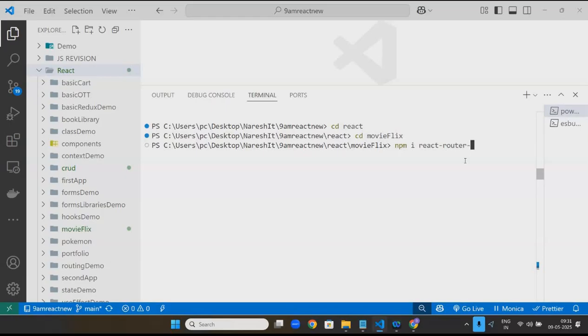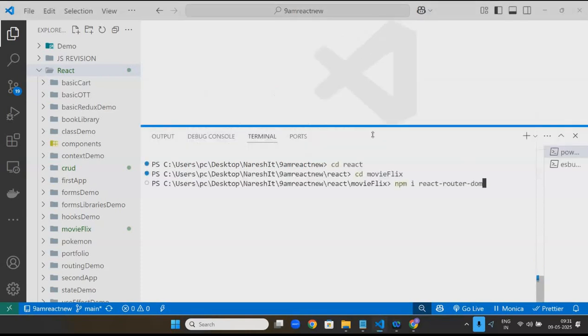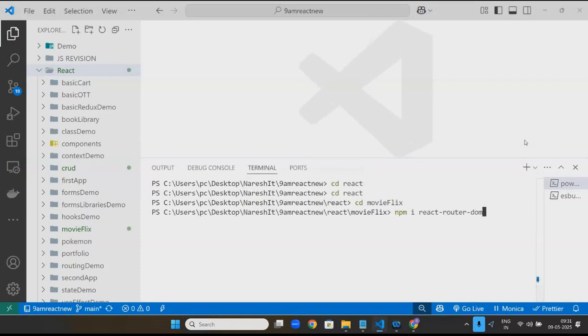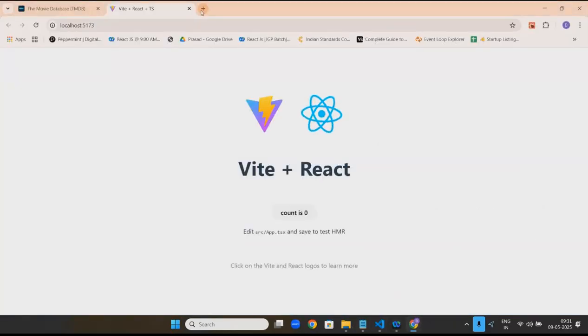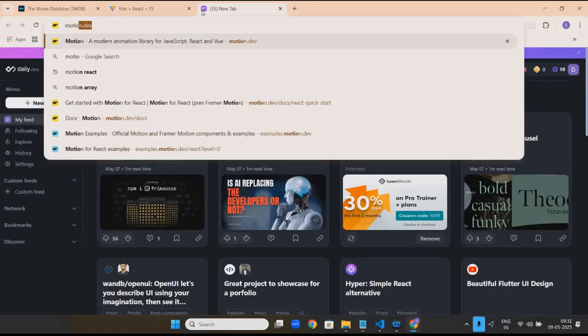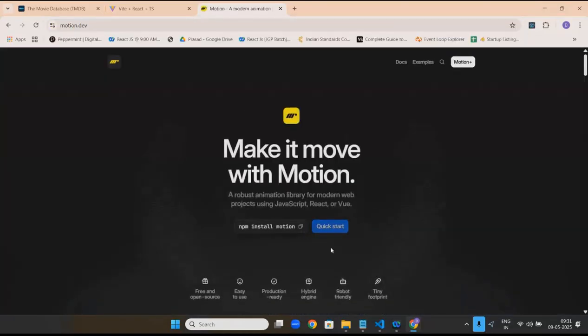React Router DOM. npm install react-router-dom, Tailwind CSS, and motion, and